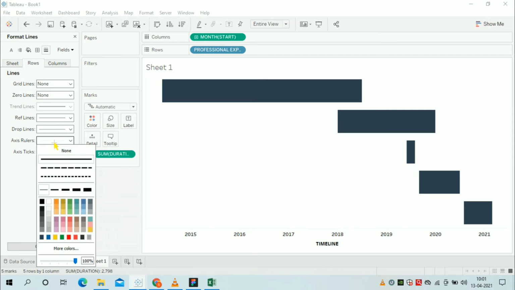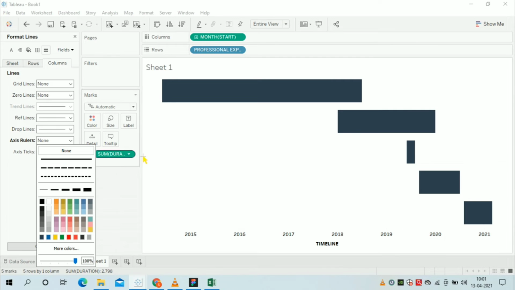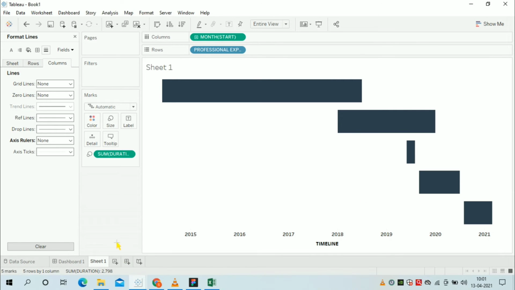Remove the axis rulers of both the axes. Okay, now we are good to go. Before going to the dashboard, we'll change the name of this worksheet to the timeline.